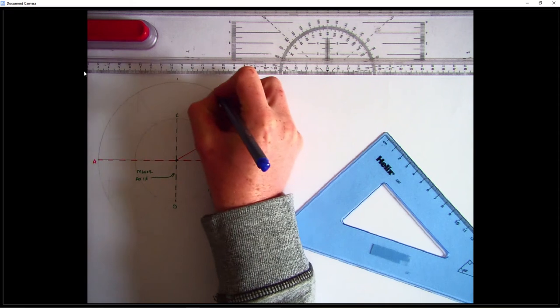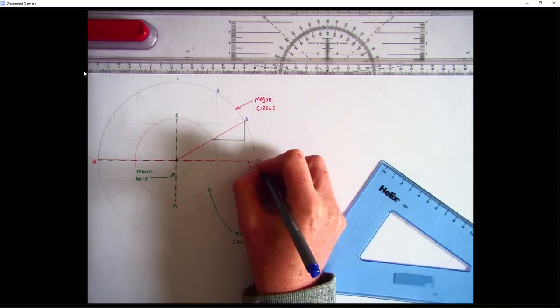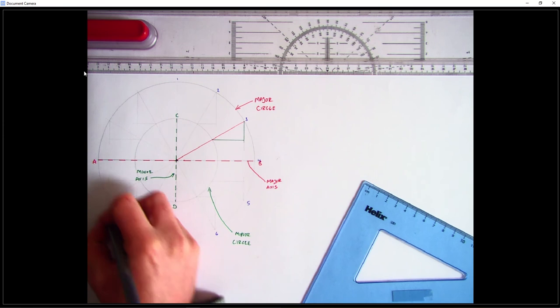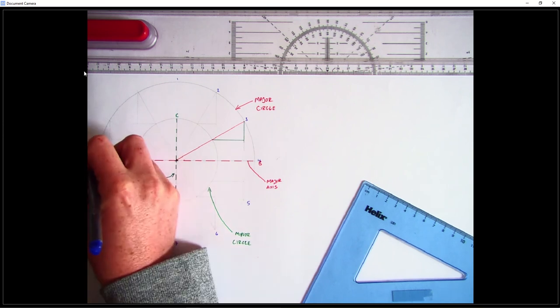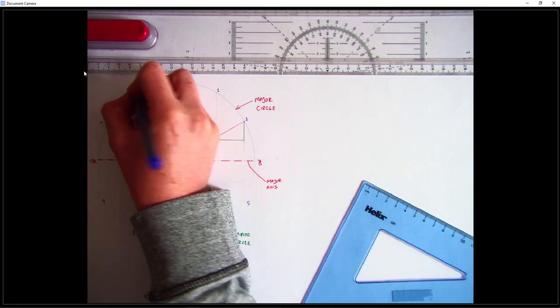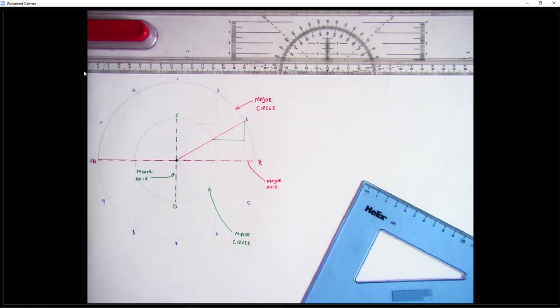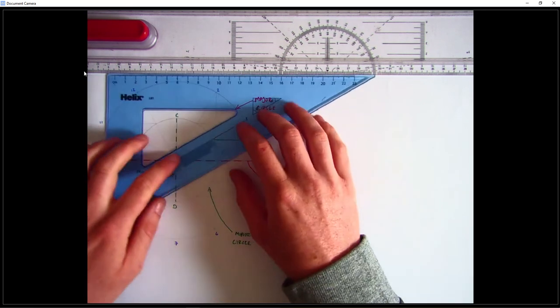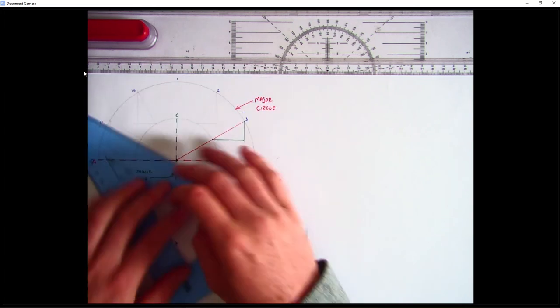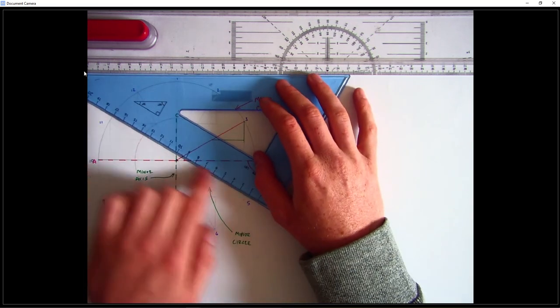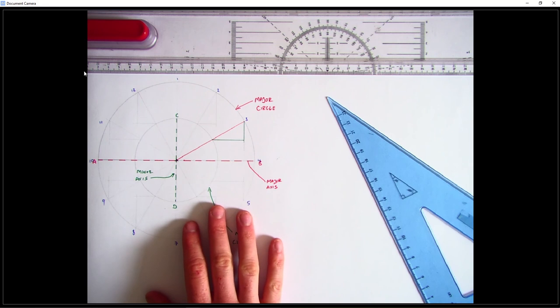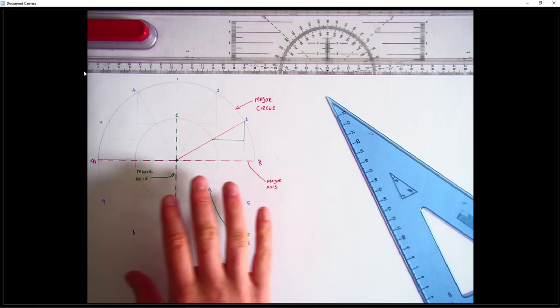So this is 1, 2, 3, 4, 5, 6, 7. Okay, I'm back to 1. So I have 12 different equal sections. Each of them I did using the 30-60 degree set square, like that. Now, in order to find the major axis or the different points on it, I have to